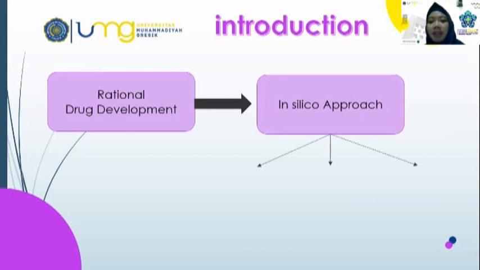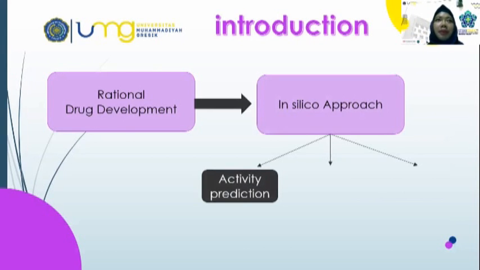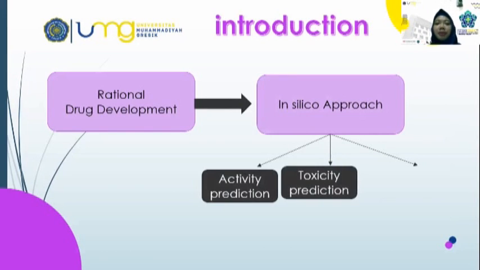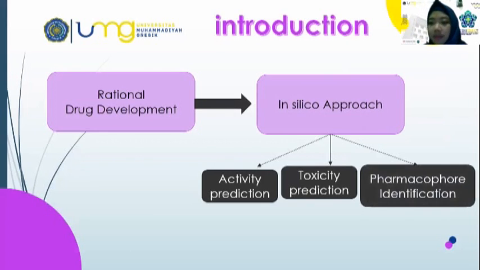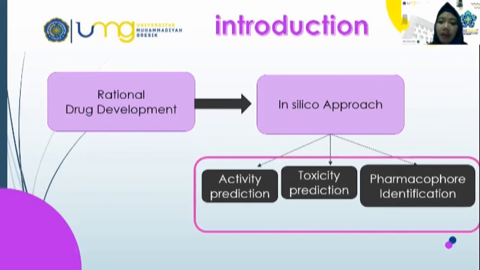In silico prediction, we can use activity prediction, so that we know the activity at the receptor, and then toxicity prediction, so that we know how the drug interacts with our organs and whether it can produce toxicity. And the last one is pharmacophore identification. With pharmacophore identification, we will know that the drug is useful to interact with the receptor, has higher activity and minimal toxicity, and is ready to synthesize. The three of them